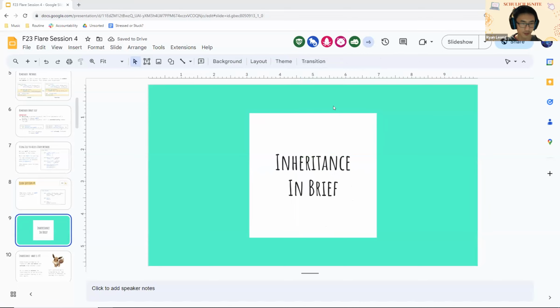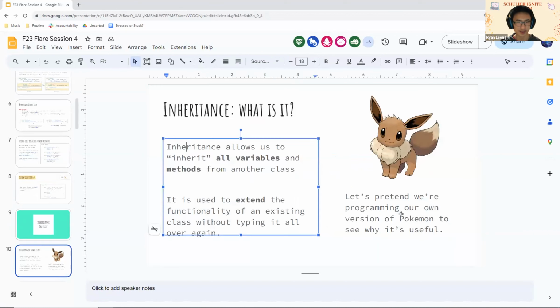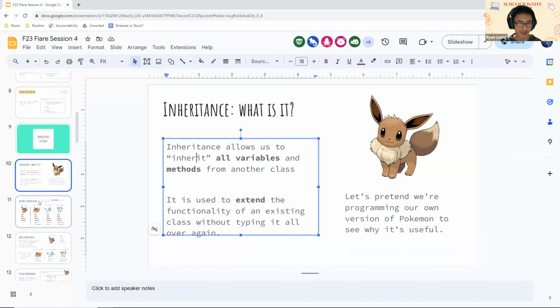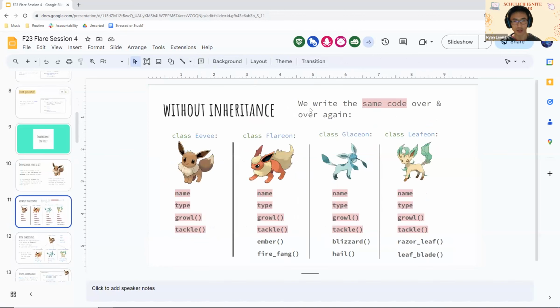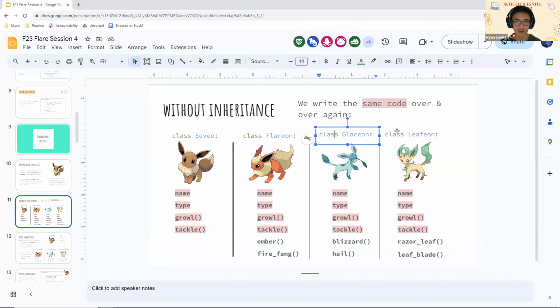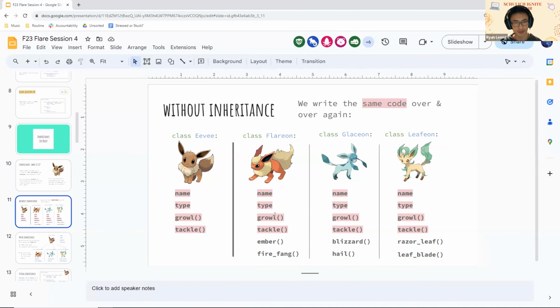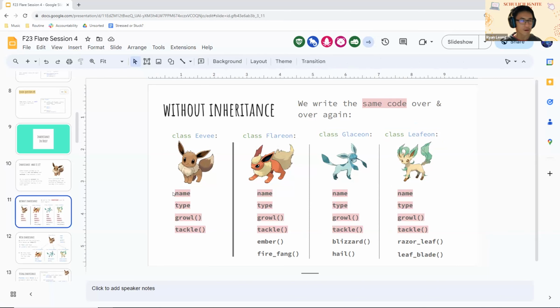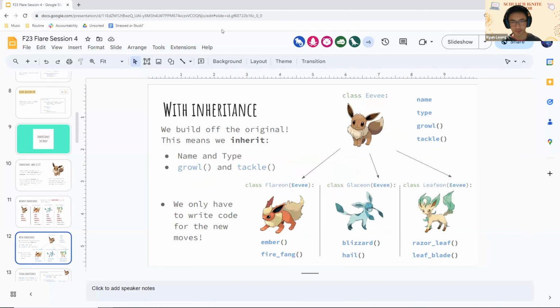Yeah, so next we have inheritance. Specifically, it's class inheritance. Let me just skip forward. Okay. So without inheritance, if we wanted to make like 4 classes, we would have to type everything from scratch. But the idea with inheritance is that you have what's called a parent class, and then